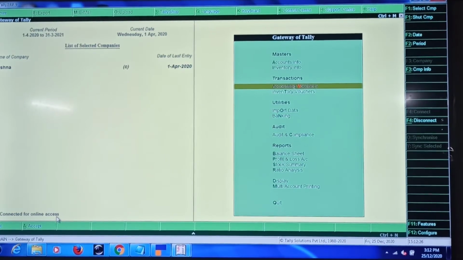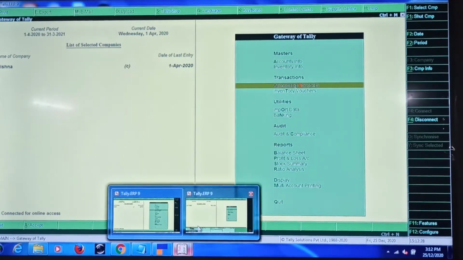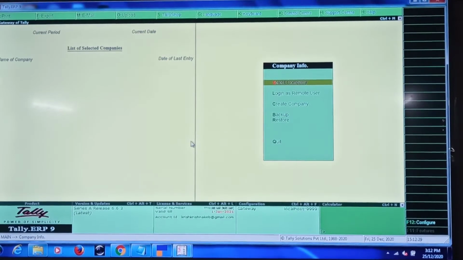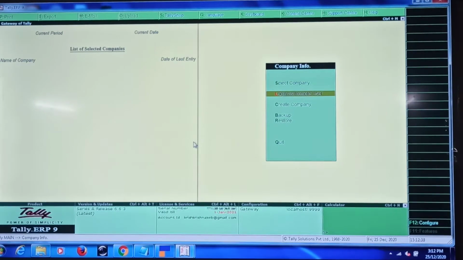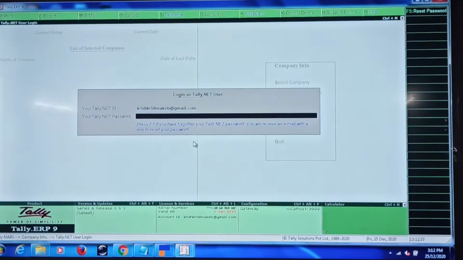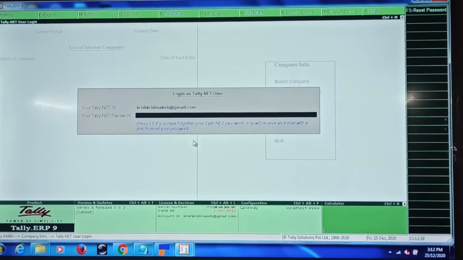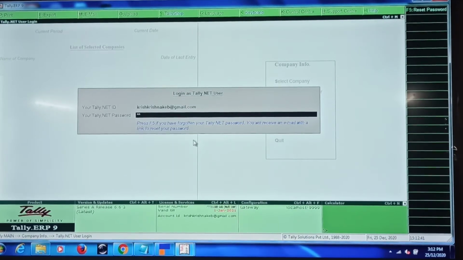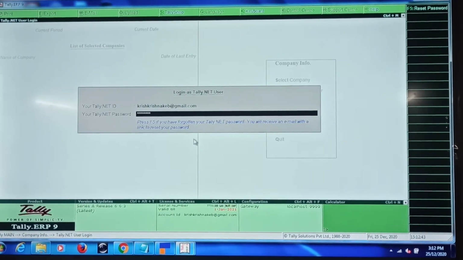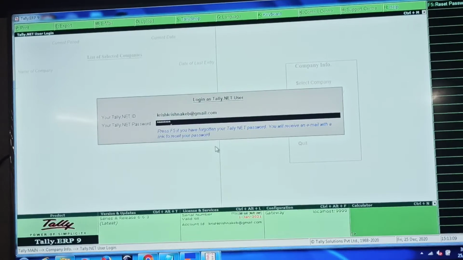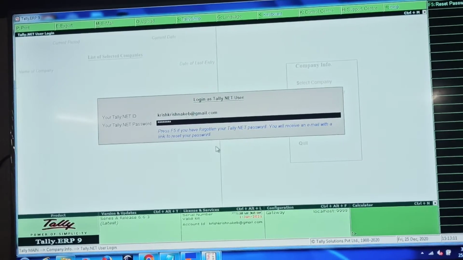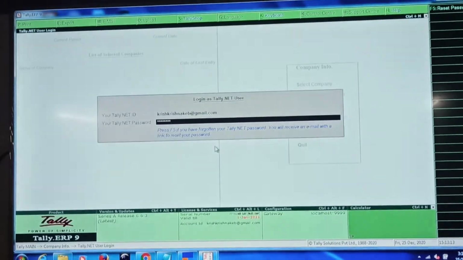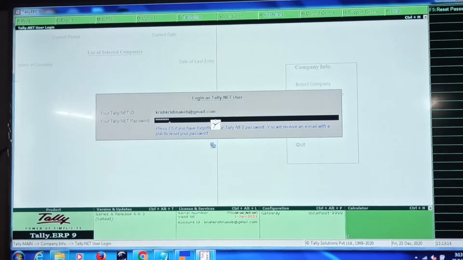I'll switch to another system where I have not selected any company. I will go to login as remote user. I'll enter the email ID and Tally.net password, and press enter.